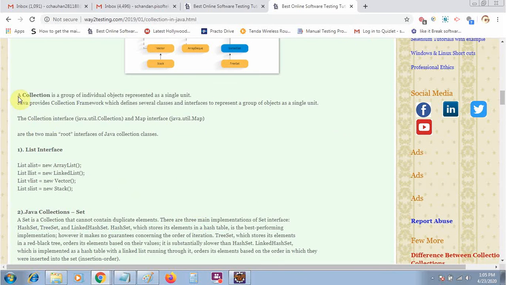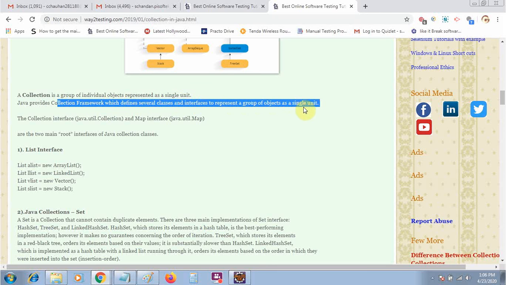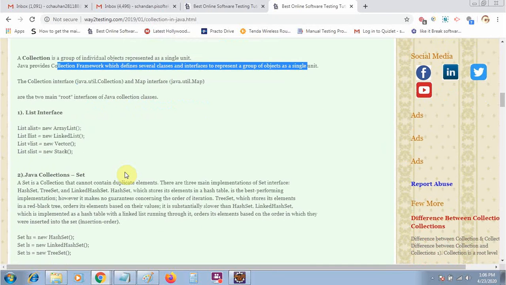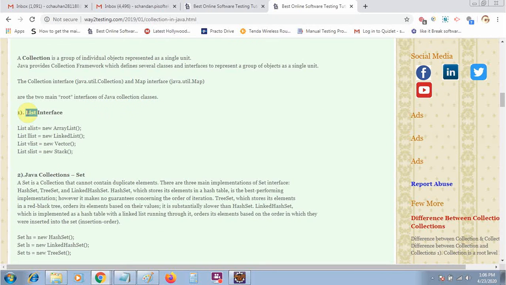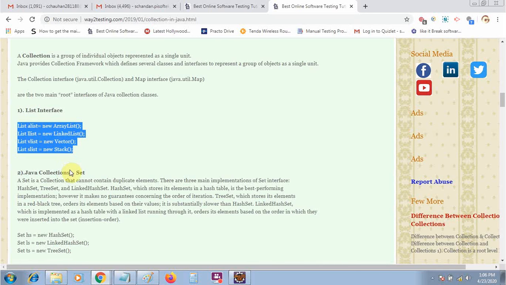Again I am telling you that a collection is a group of individual objects represented as a single unit. Java provides a collection framework which defines several types of interfaces to represent a group of objects as a single unit. List is an interface, so we can create an array list this way.